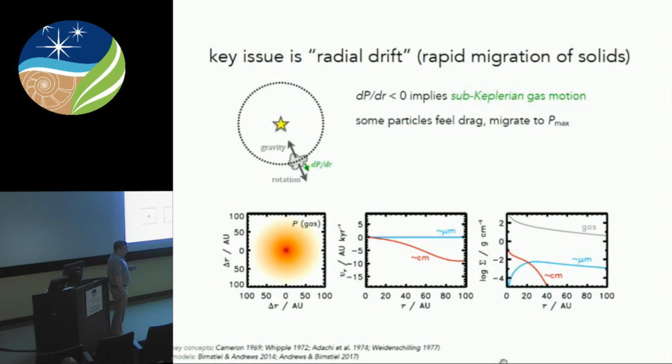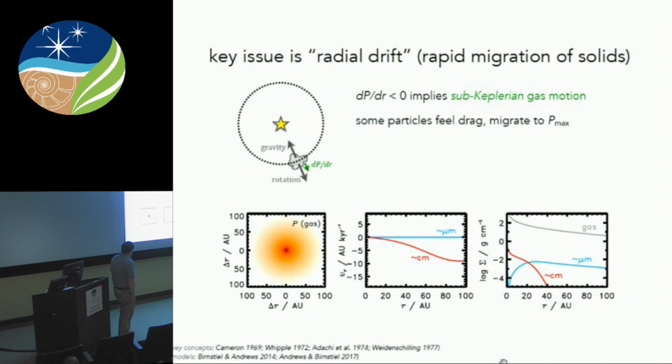The sizes at which you start to see this decoupling are the pebbles, so millimeter, centimeter sizes. This is just a simulation, a map of the pressure in this kind of scenario. You have this smooth pressure disk with pressure decreasing with radius, and then this is the radial velocity of particles. The gas is shown here too, but it's underneath the micron-sized particles. When you're a small particle, you're completely dynamically coupled to the gas, and you just do whatever the gas is doing, which is effectively nothing. But when you start to decouple, these centimeter-sized particles in the outer disk start trucking in towards the star.